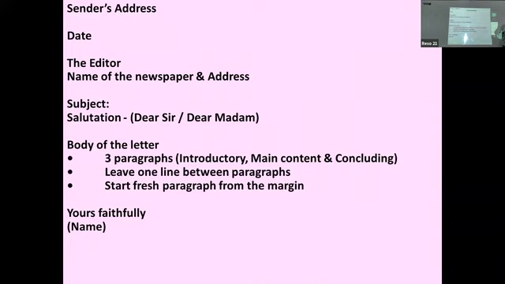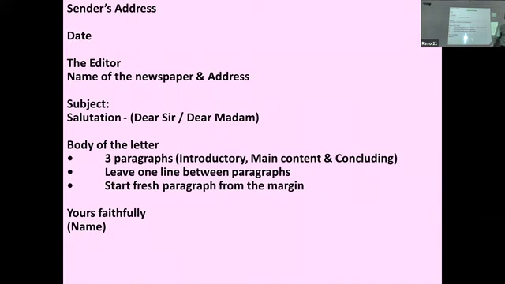When it comes to writing a letter, this is the realistic and practical approach, and for CBSE the marks are given for it. Start from the margin. Just finish it off. You can be thankful, write thanking you. Leave a line. Yours faithfully or yours sincerely. And lastly, the name of the person who is writing this letter to that editor. So this is the way a letter has to be written.